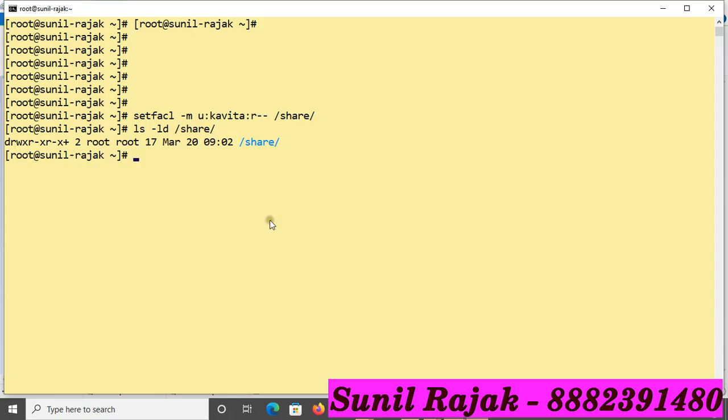So you can see, please remember friends, the dot is converted into a plus symbol. We already discussed in the previous video that the dot denotes the ACL. Now here I applied the ACL, so you can see the plus sign showing after applying the permission with setfacl, ACL. So see here the plus symbol. Now here you can see read write execute, read write, and the others' permission is